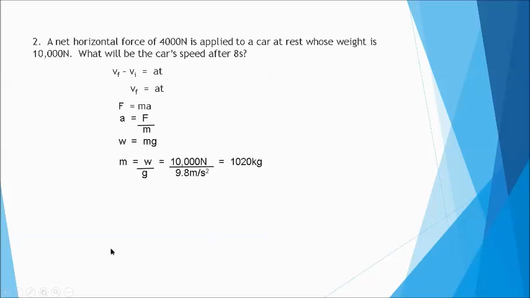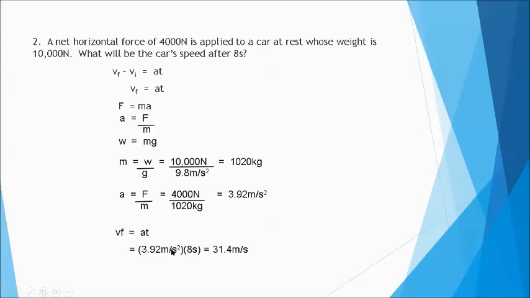Okay? Ayan. So with that, we can calculate for the acceleration, substituting the values, the computed mass, and the given force, in the F, right? And solving that out, we get 3.92 meters per second squared, okay? And with that, we're now ready to solve for the final velocity that is being asked by the problem, okay? So substituting the values obtained and the value given for t, solving that out, we get 31.4 meters per second,